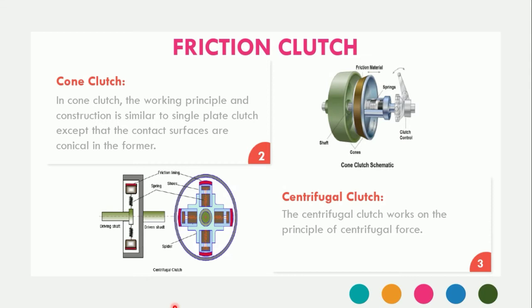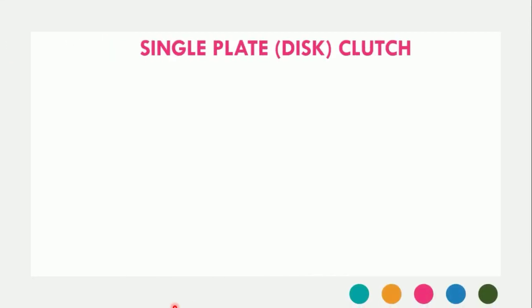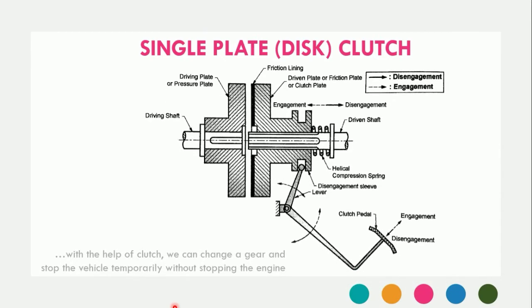Now let's move further with specifically the single plate disc clutch, which is our point of interest. Here you have its two-dimensional figure, which clearly shows all the elements of your single plate clutch. So let's initially discuss its construction. This single plate disc clutch consists of one driving shaft that is coming out from the engine. On this driving shaft we mount one driving plate, which is also called the pressure plate. This driving plate is keyed rigidly with the driving shaft.